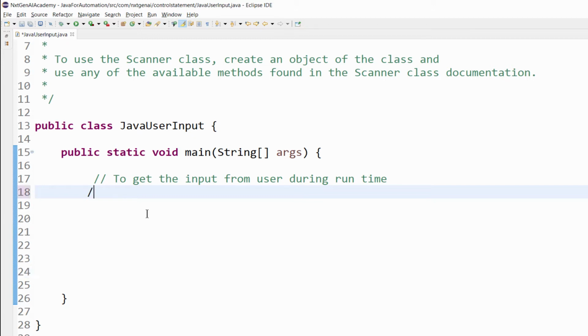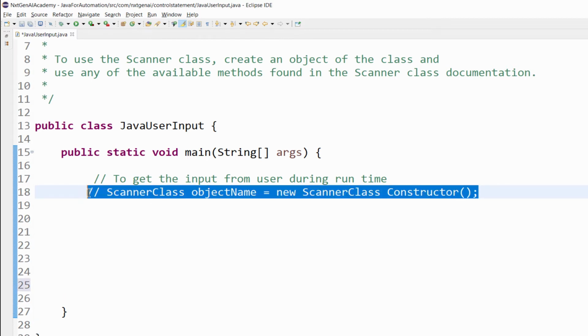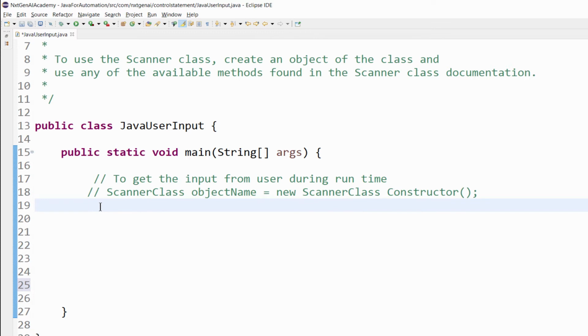So the syntax for that is scanner class, then object name, it can be any name, new keyword, then scanner class constructor. The constructor name will be the same as the class. It's a scanner class constructor, and this constructor concept we will be seeing while learning about OOPS concepts. For the time being, just remember the syntax alone, because we are going to use this concept a lot.